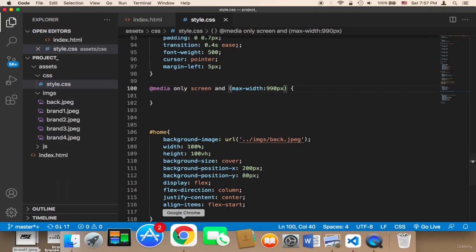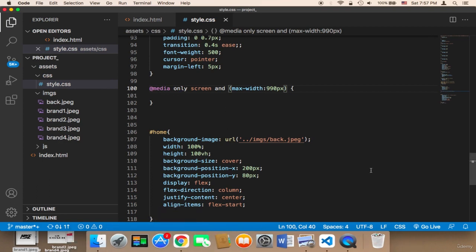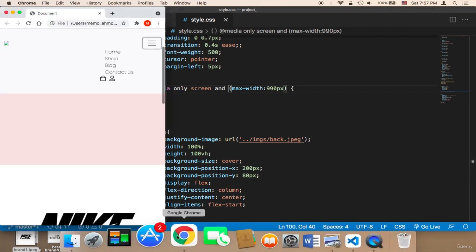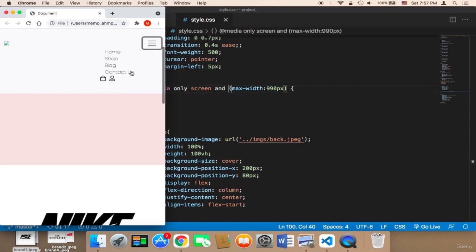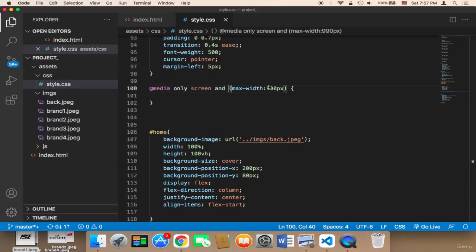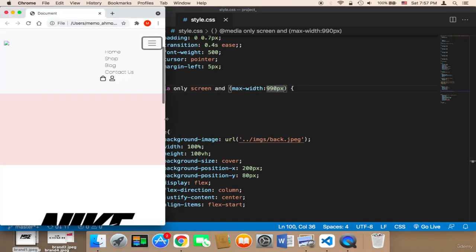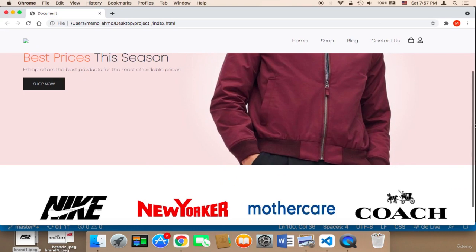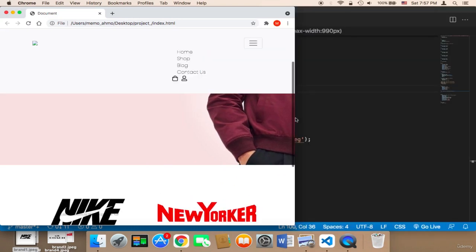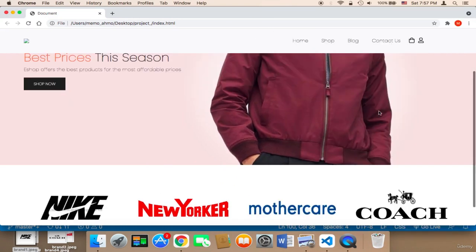This means that the design that I'm going to add inside here will only be applied to screens when the screen is 990px or smaller. The maximum width is 990. Beyond this, if the screen is too big, the design is not going to take effect. It's not going to work. So this is what I mean by